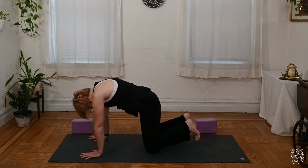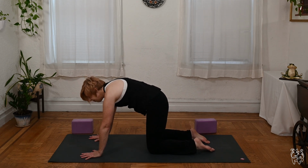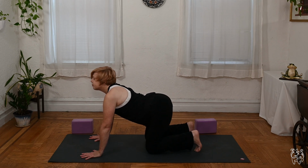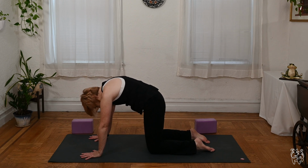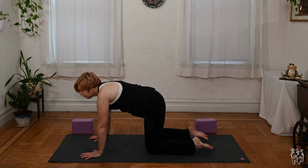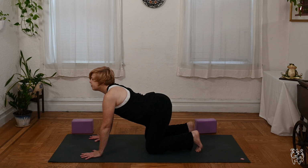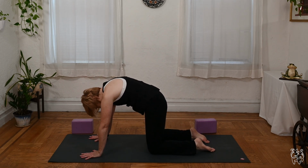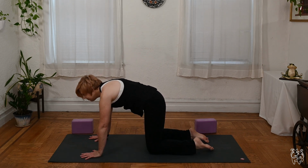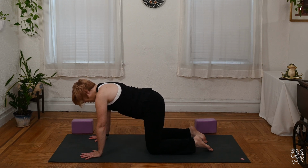We'll do a few more rounds. You can continue on your own, matching the movement to the breath, finding your breath and flowing with it. Lengthening the breath. And we'll take one more full breath. Returning to a neutral spine, you can open the eyes if they're not already open, tucking or untucking the toes,